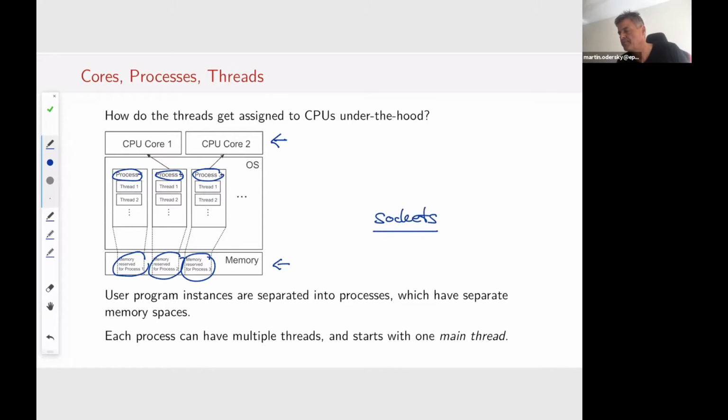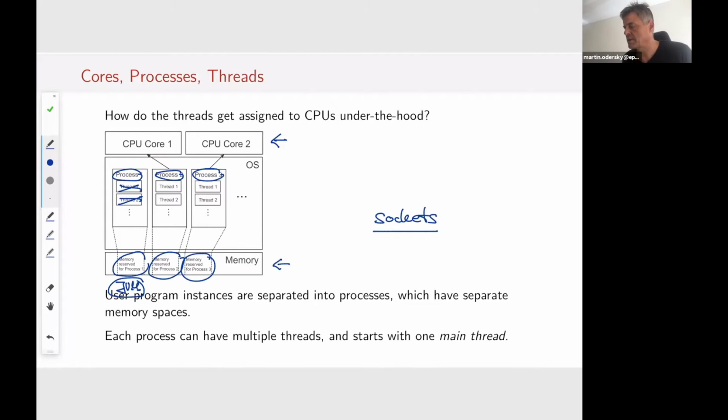And then what you have is, in a single process, you have these threads, which can execute in parallel. If you look at, let's say, a JVM instance, it shows up as a single process, but it has many threads. And those threads inside the process see the same memory. So they share the memory. That's the principal difference between a process and a thread.